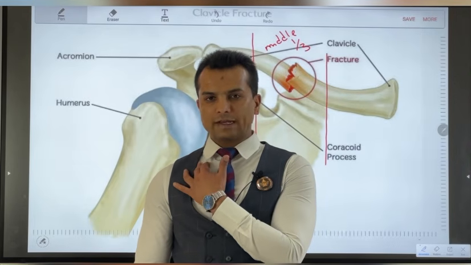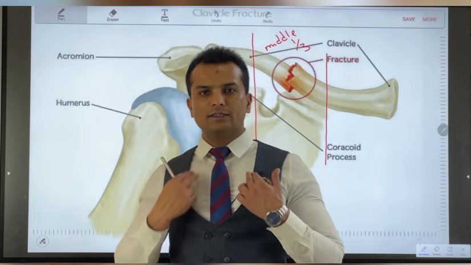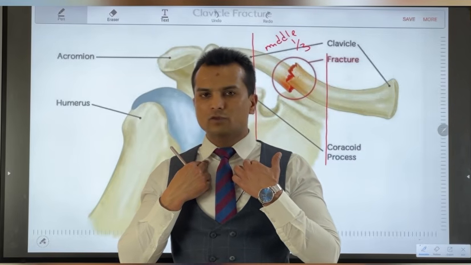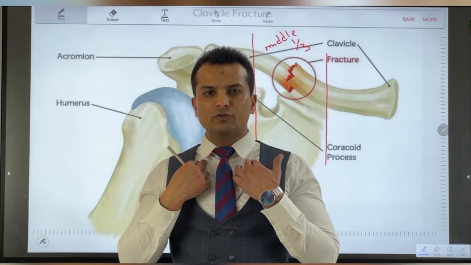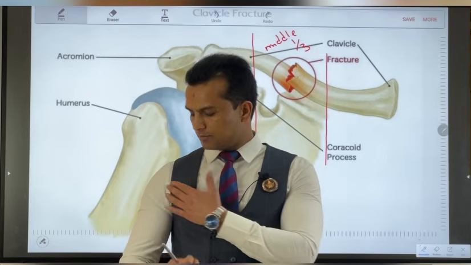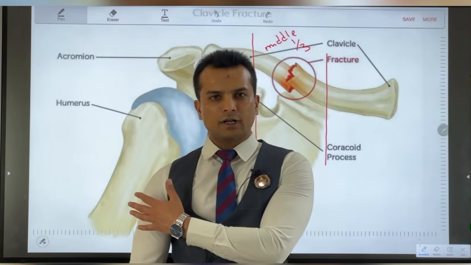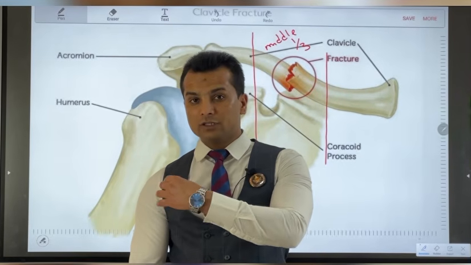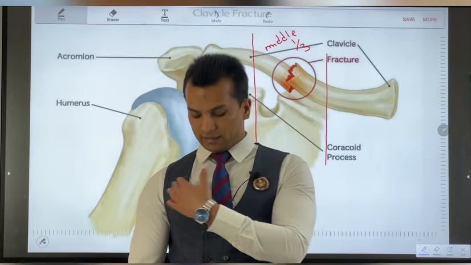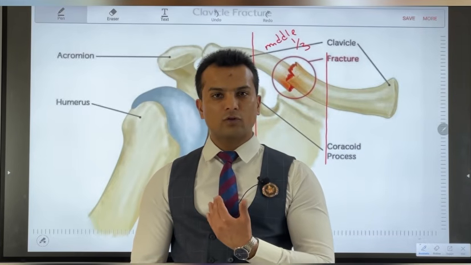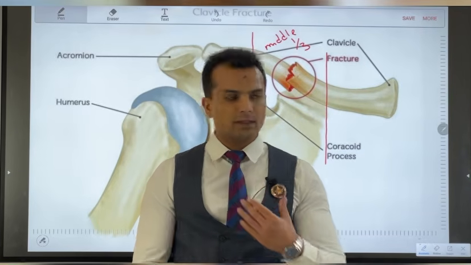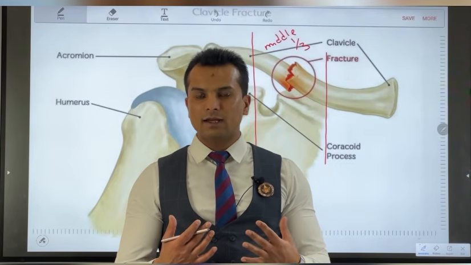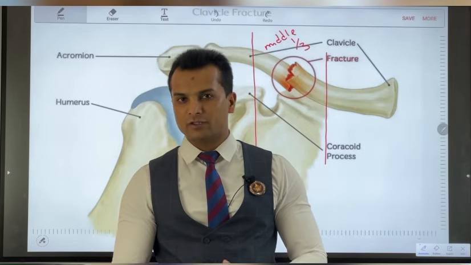Because this is the exposed part, here you can feel your clavicle bone, and on this middle part you have only skin and the fascial covering. But on the lateral side you have the rotator cuff muscle, deltoid muscle, the acromioclavicular ligament, and other ligaments also. So these are present deeper inside, and on the medial side you have the sternoclavicular ligament and muscles covering also. But the middle part, which is the exposed part, is the vulnerable part of the clavicle, and this is the most commonly fractured site.